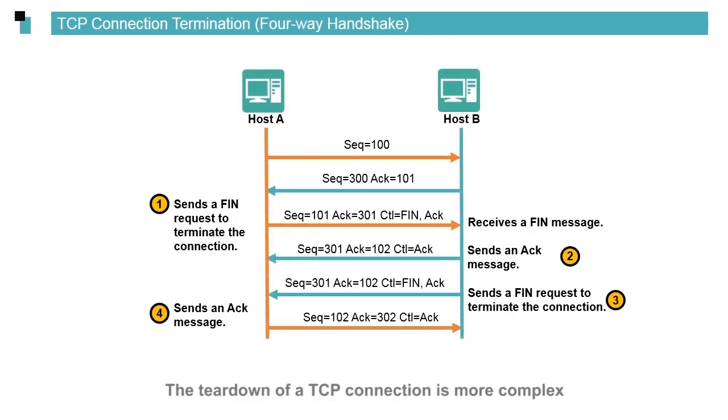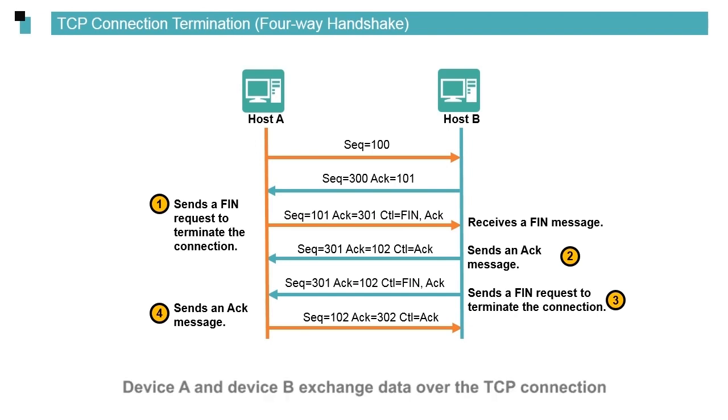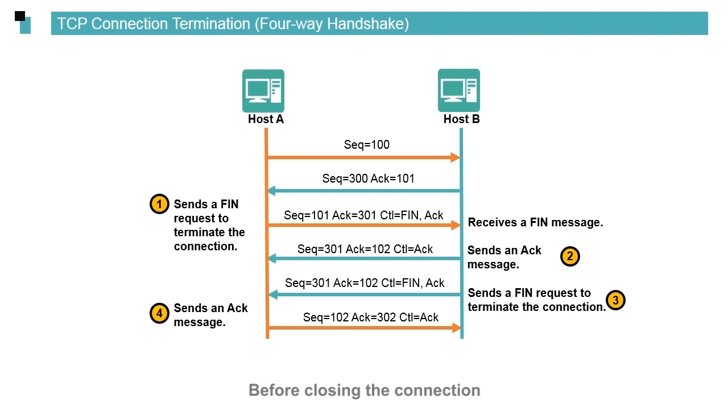The teardown of a TCP connection is more complex and involves the four-way handshake. Device A and device B exchange data over the TCP connection. Before closing the connection, device A sends a TCP message with a FIN bit set to 1. Upon receipt of the message, device B replies with a TCP message with an acknowledgement number to device A to